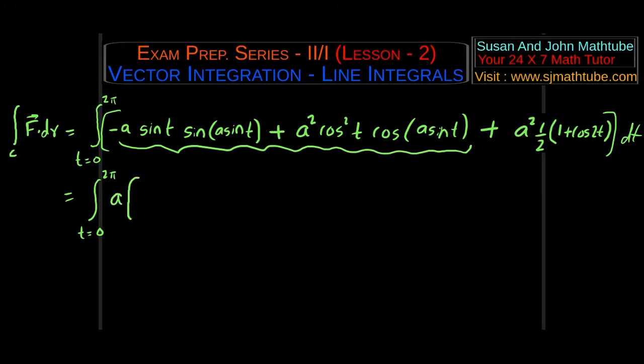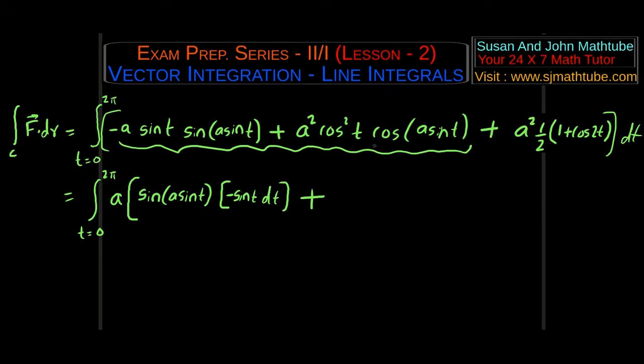So it's like sine a sine t. This is the first function, and the derivative of cos is minus sine t. If you want it in differential form, it's better to write minus sine t dt. Yeah, plus